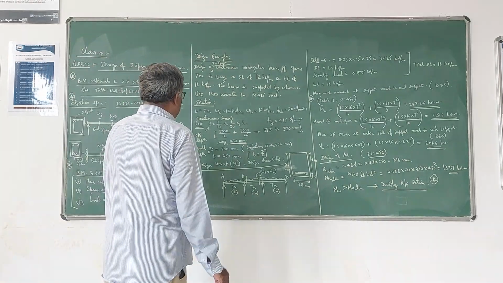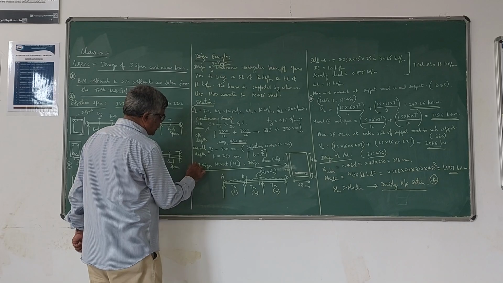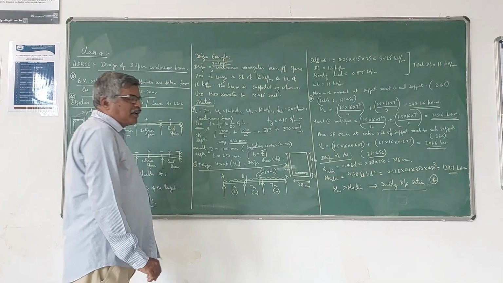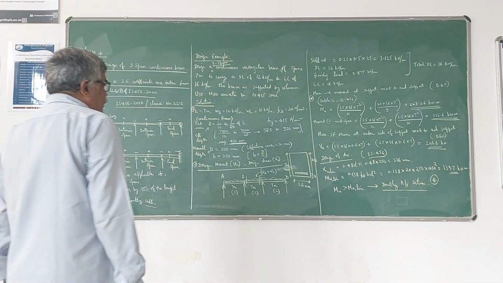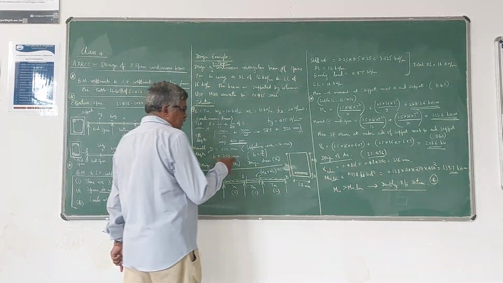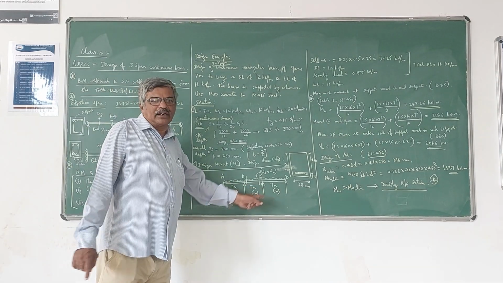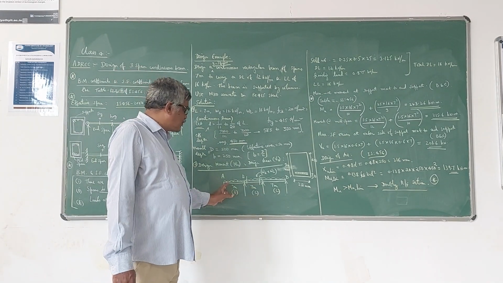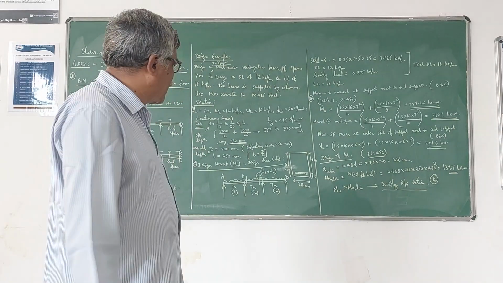Now after this, the second step is to find the design moments and design shear forces. Design moments are denoted as Mu in limit state method, and design shears are written as Vu. Now this is the loading pattern on the continuous beam. It is subjected to entire UDL, and the UDL consists of both dead load and live load.